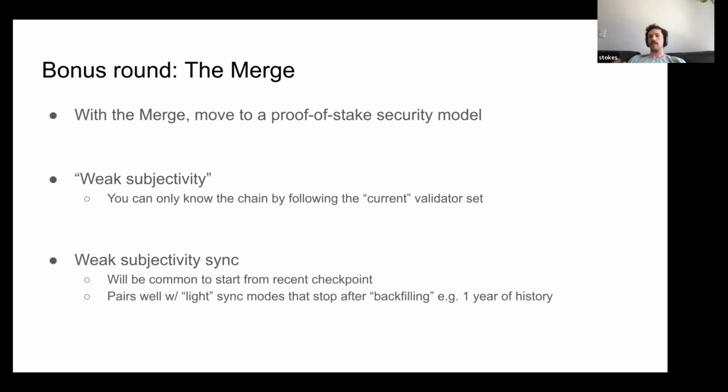And then maybe there's some notion of, okay, I'm at the block from this morning, and then I'm going to backfill the history. I'm going to backfill the history to say a year. And I could stop there. For example, if you implemented EIP-4444, then we would just stop after a year, and that's that. So it pairs really well, and it's kind of happening anyway, is the point I'm trying to make.